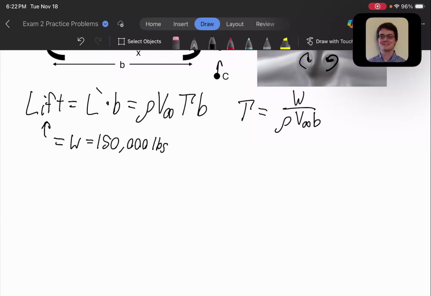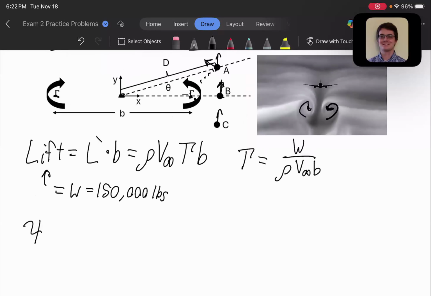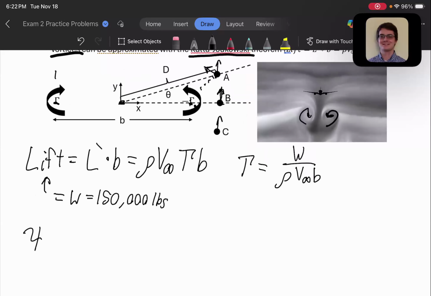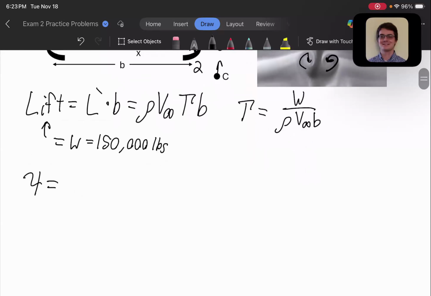We do have to model potential flow. There we go. Yes, so we have to set up the stream function with the two vortices, or velocity potential, whichever you're more comfortable with. So we have two vortices. I'm going to call this one 1 and this one 2. So our total stream function equals the stream function of 1 plus the stream function of 2, which is going to equal